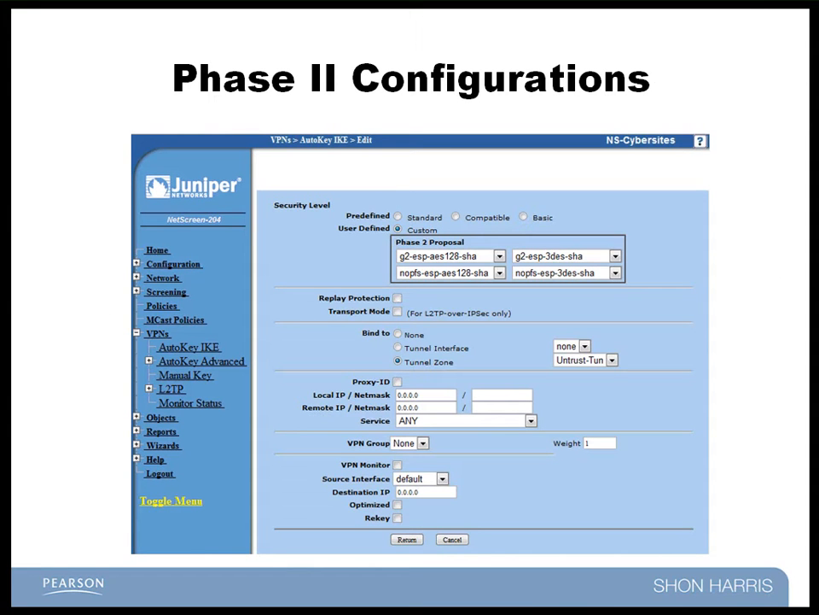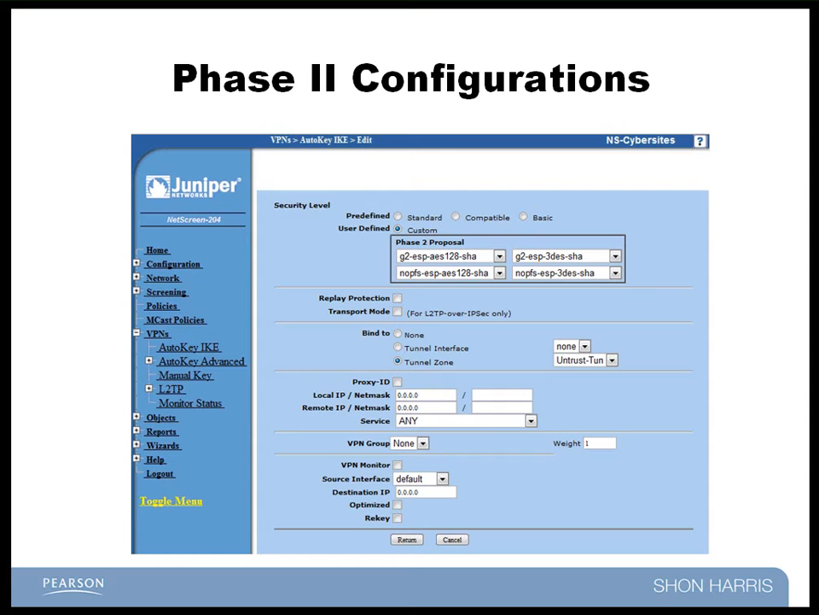In IKE, there are two possible modes of operation. Main mode, in which there are 6 messages exchanged between the endpoints, and aggressive mode, in which there are only 3. In main mode, the first 3 messages are sent with an offer by the initiating peer, and the remaining 3 messages are a response to the peer's capabilities. Main mode also makes it possible to configure multiple capabilities on the gateway, allowing for a wider range of VPN